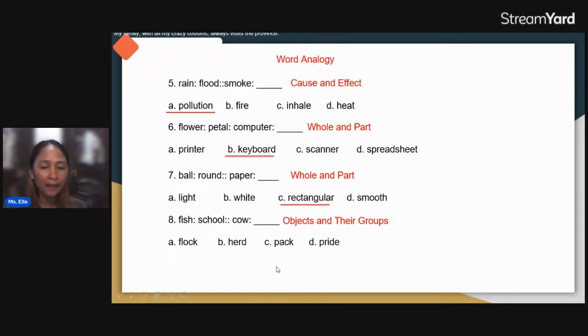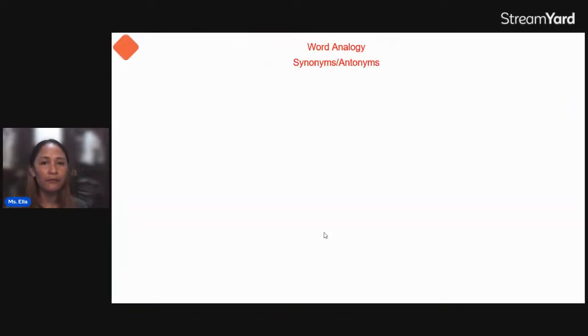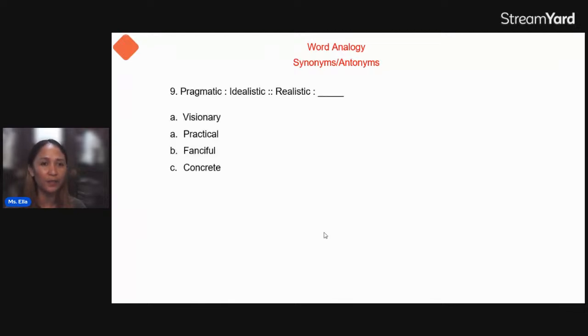Letter C, pack, is what we call a group of wolves, right? Pack of wolves. And pride, I think it's for lion, right? Okay, so let's continue. Yes, it's herd. Now, here for word analogy, we have synonyms and antonyms, and the words here are confusing and also unfamiliar words. So here, let's have